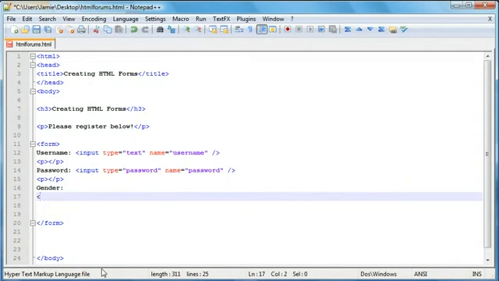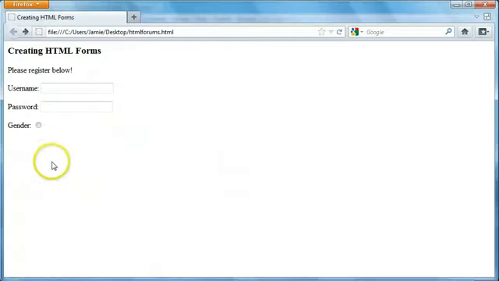We're going to say input type equals, so it's the same as entering a text box or a button, and the type that we're going to be using is radio. When we save this, come over here and take a look, you'll notice that we have this stray radio button. Kind of looks like an eye or something. So if we just refresh here to get rid of that,